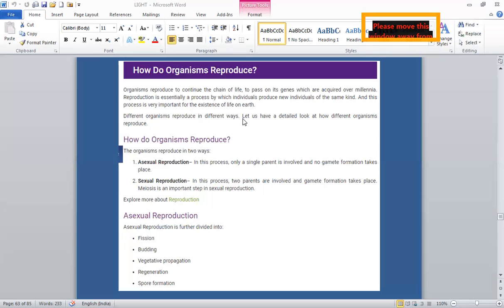Usually, organisms reproduce for the continuity of life. By this we mean it is due to reproduction that life has continued on earth since its origin till today. Reproduction is important for the continuity of life. Next, for the perpetuation of species. The meaning of this is reproduction is an answer to death. It allows indefinite survival of a population and perpetuation of species, for the continuity of species.